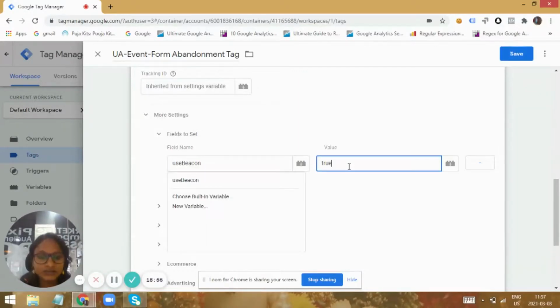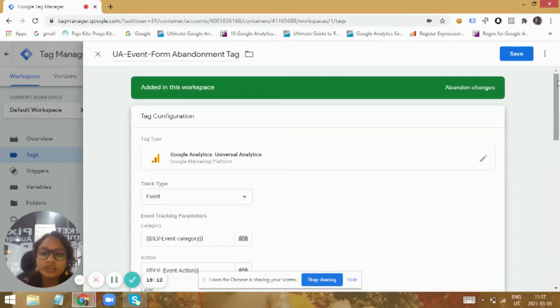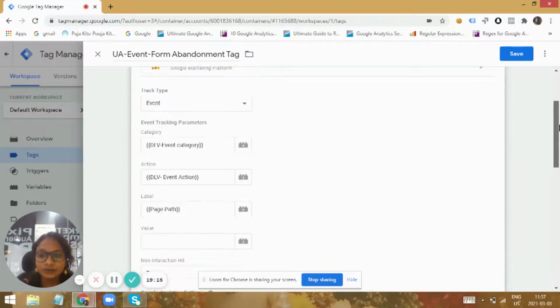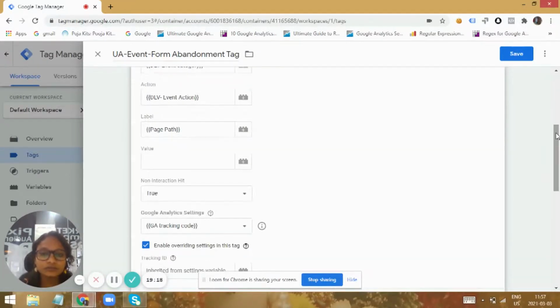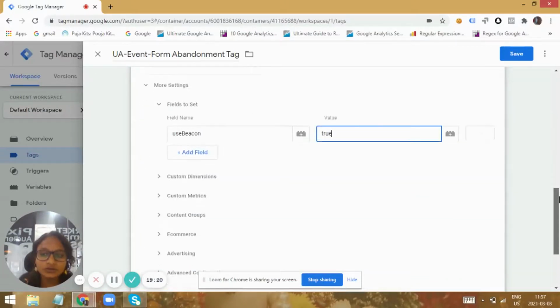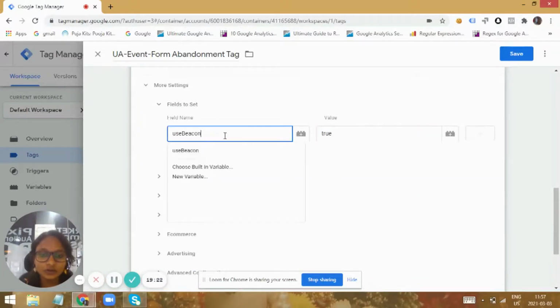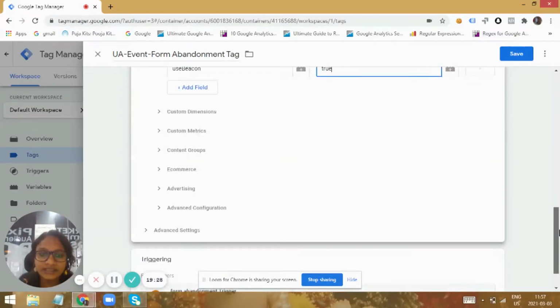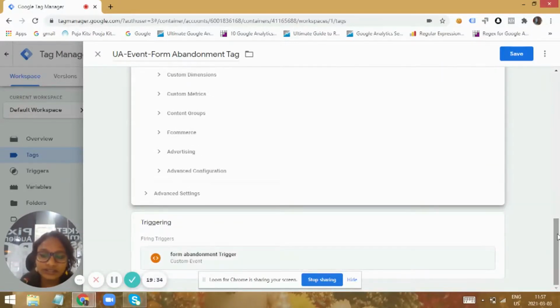This field is to indicate that this event data has to be sent to Google Analytics, and then the next action could be performed. For example, in our case, this event data has to be sent to Analytics, and then the form unload or the window unload has to take place, and the user can leave the form. So before the user unloads the page, this data has to be sent to analytics. That is the reason we use beacon and the value to be true. So this could be used as a gateway for sending the data to the analytics, and only then reload the page or take them to another page.